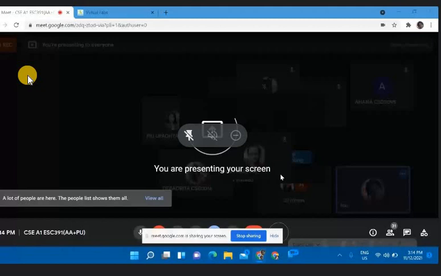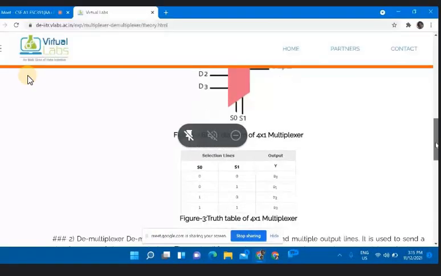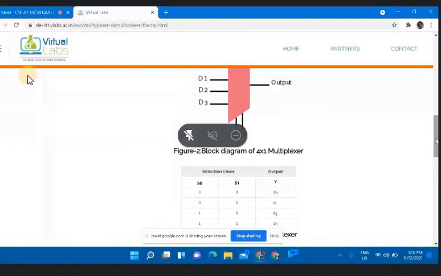The multiplexer truth table is over here, where you can see if these two are 0, that means my D0 is switched on, so whatever I feed in the data line D0 is my output. If this is 1, 0, that means D2 is active. Any input I feed over here, I will get as my final output. They have shown an example of a 4:1 multiplexer. Does anyone have any doubts in the multiplexer? I am just giving a very brief overview because I've already taught in detail. Does anyone want me to go in depth and explain?